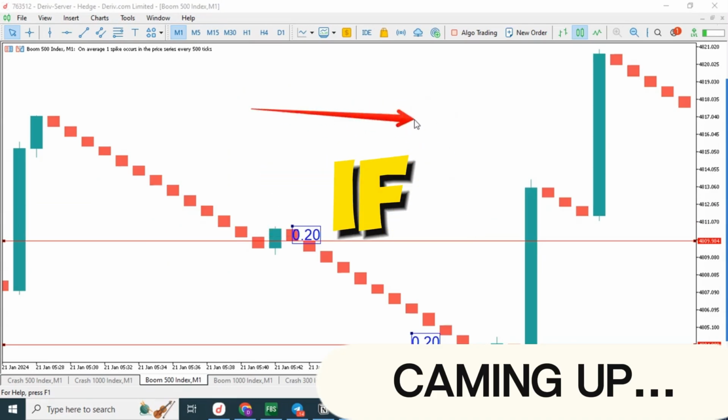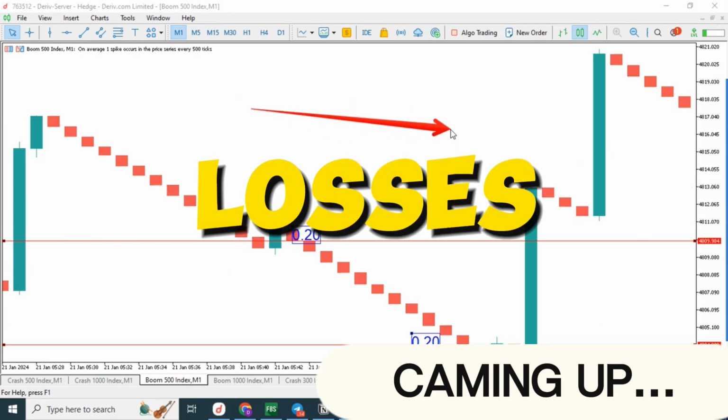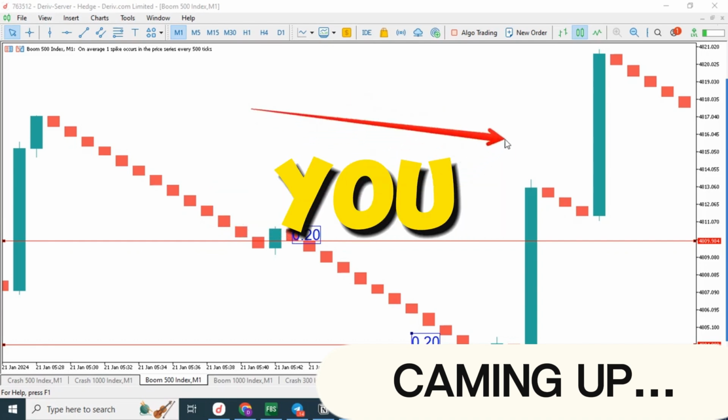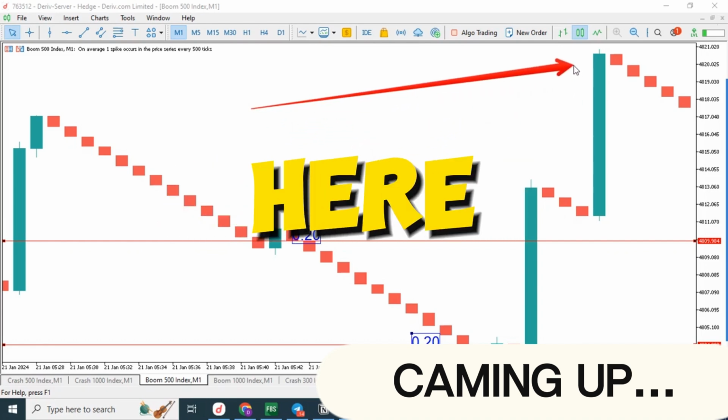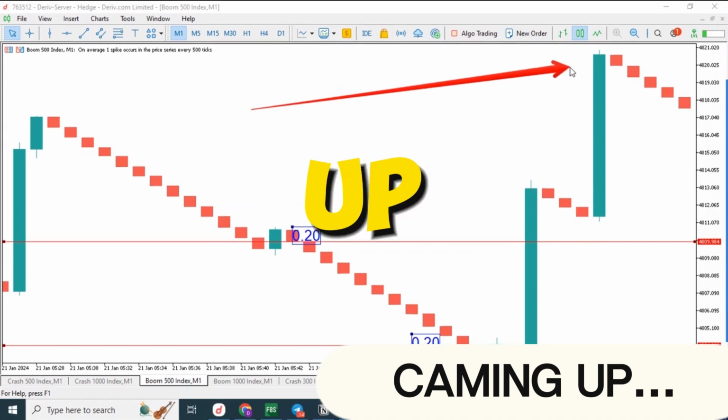Look at this. If you never want to make unnecessary losses when trading boom and crash, you wait for the market to spike up to here. Then, when it spikes up to here,